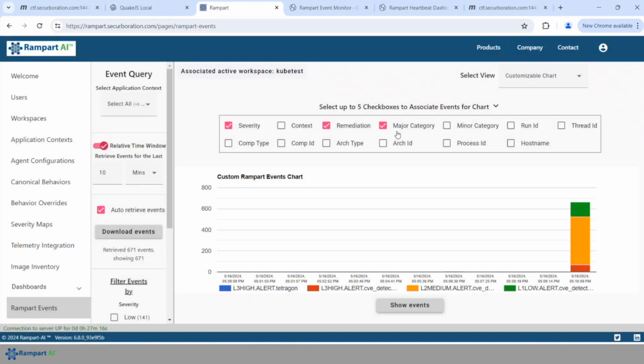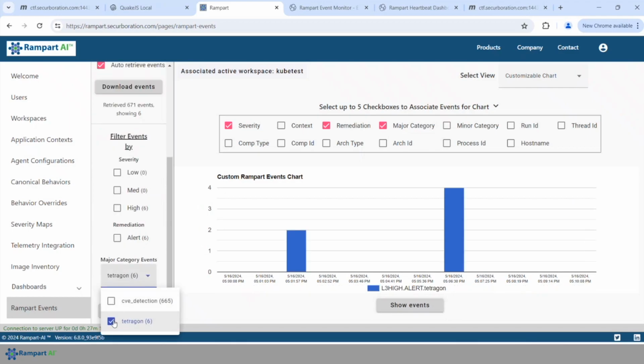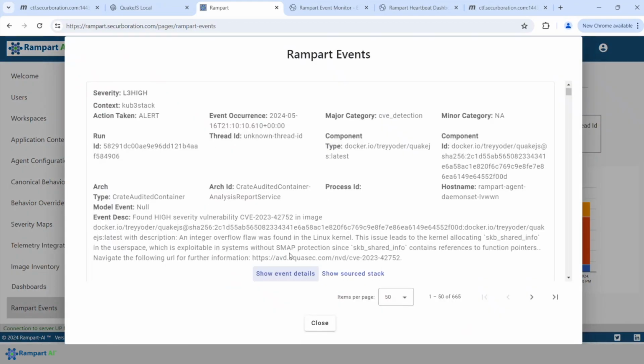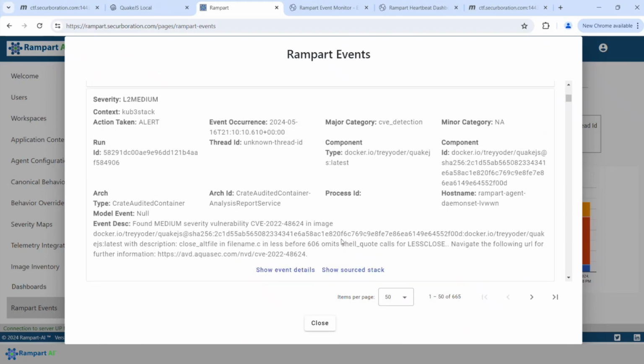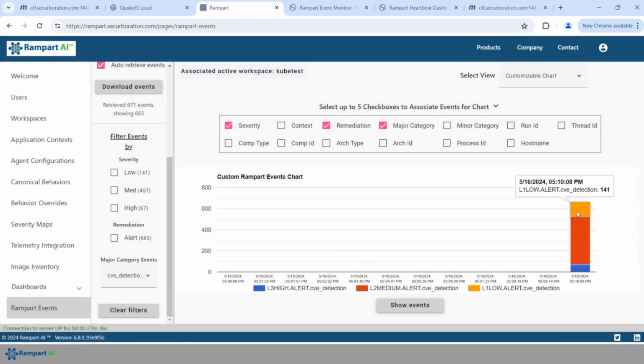So what I can do is filter by major category here. If I want to, I can just see the Tetragon stuff, but I just want to see the CVEs. And then you can dive into all the gory details and see all of the problems in this deployment. So, integer overflow found in the Linux kernel. There's all kinds of stuff that this is susceptible to. So basically, this is a dynamic event that indicates to you that you are running something that has a known